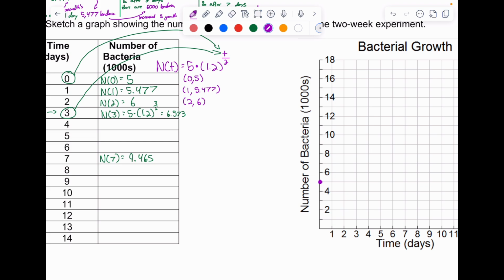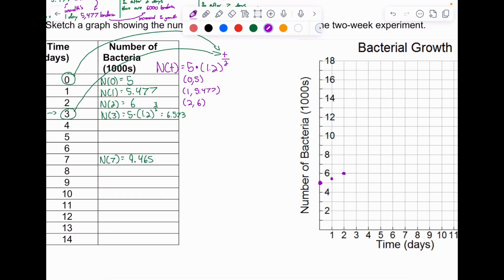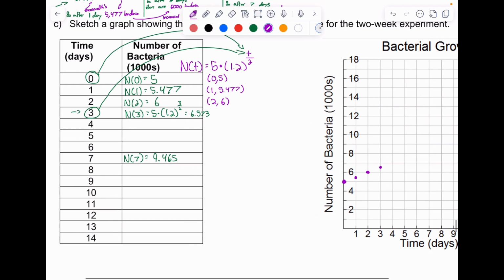So that would be like halfway, maybe like right here. At 2, you're at 6, like right there. At 3, you're at 6.5. So again, like kind of halfway, like right there. And so you just keep doing this math, okay? So just keep getting your ordered pairs. So at n of 3, you're at